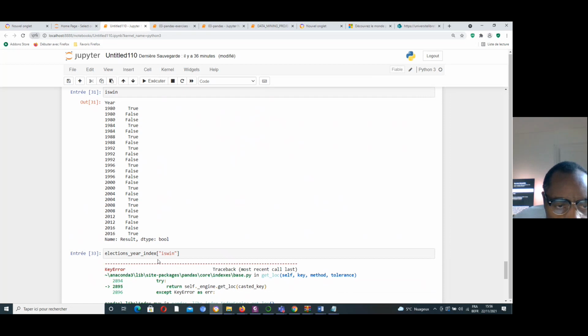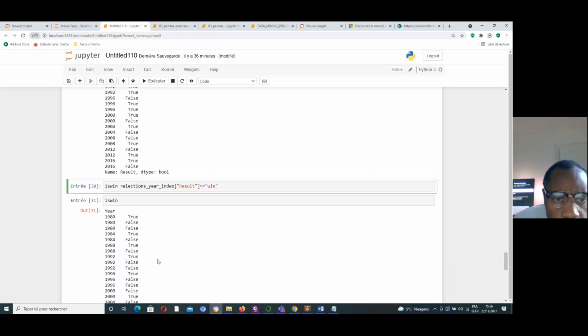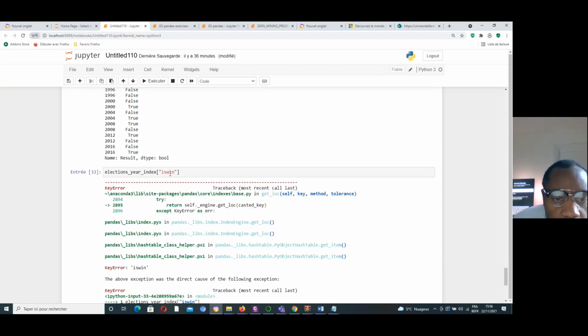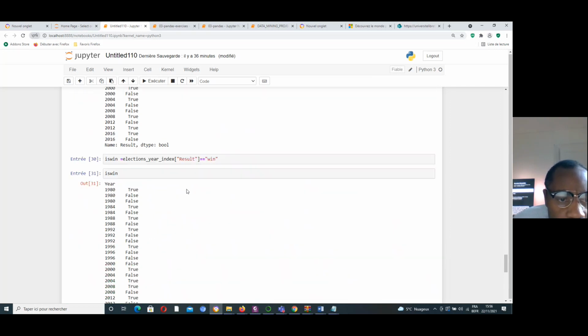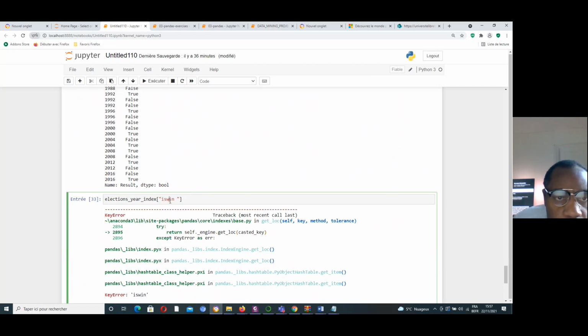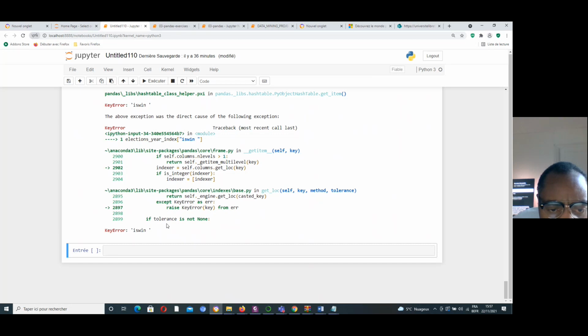Election years index. Normally it should work. What is the problem? If tolerant is none, is win.